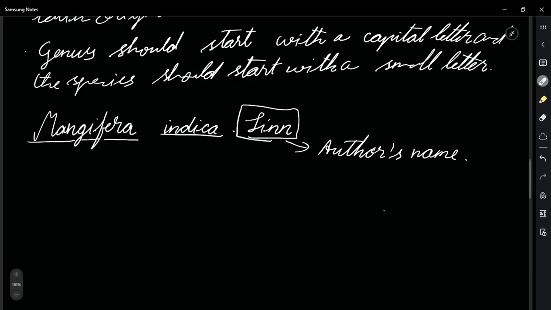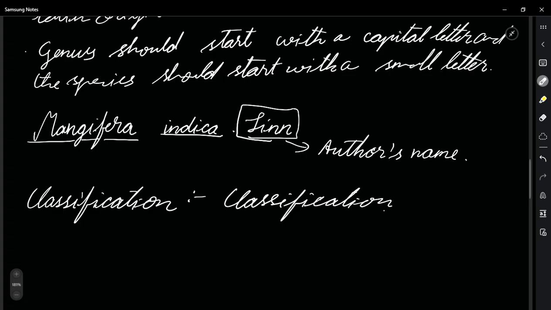And since it is nearly impossible for us to study all the living organisms, it is also necessary to devise some means to make this possible. So this is done by the help of classification. Let me write what does classification mean. Classification